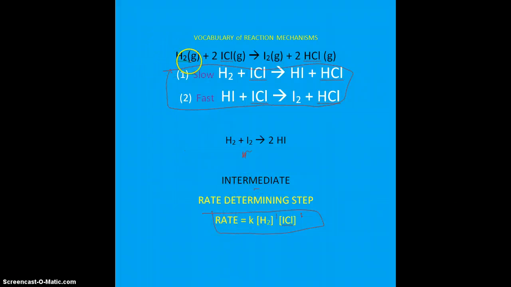So yes, even though this reaction involves a collision, or apparent collision just from the net stoichiometry of a hydrogen with 2 iodine chlorides, in fact that is not what happens. We have 2 separate what are called bimolecular collisions. Bimolecular collisions involve